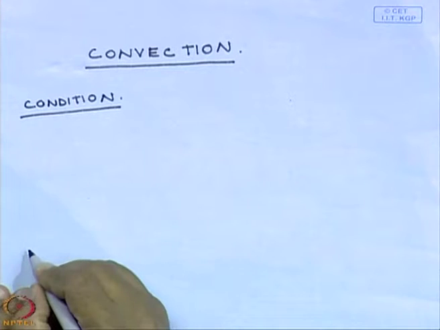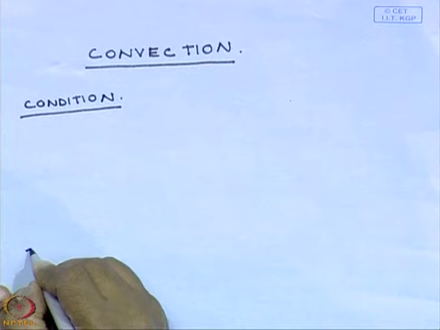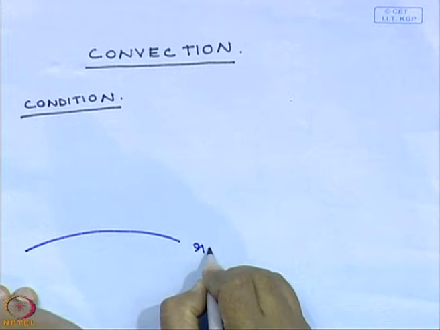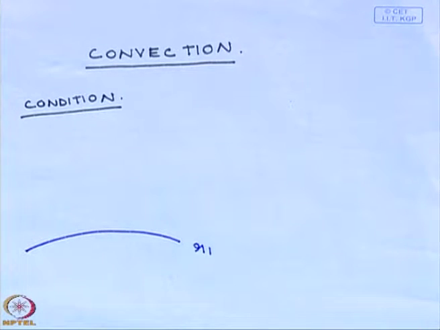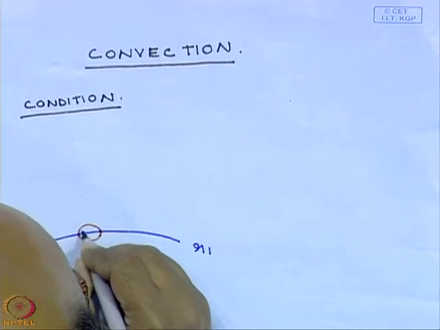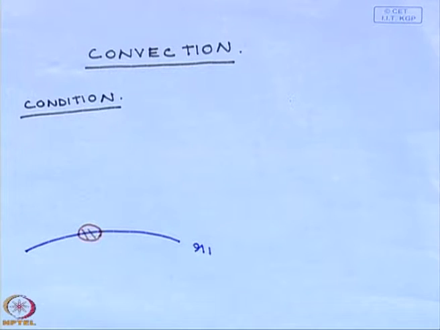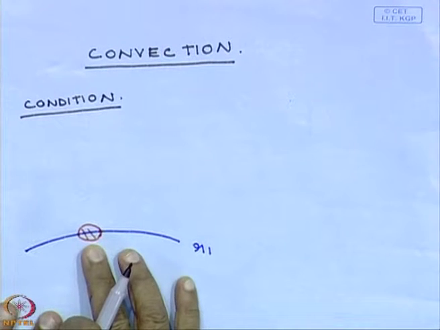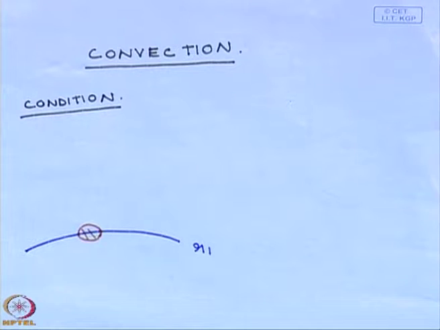So, let us assume that we have a star where the temperature profile is determined by this, and let us consider a radius r1 of the star. So, a position r1 in the star, and we will focus our attention on a small volume of gas, which is at a certain temperature. This gas is what we shall refer to as our bubble.